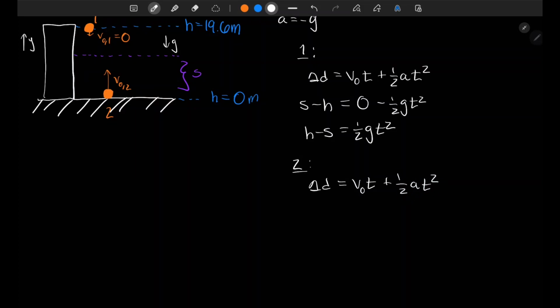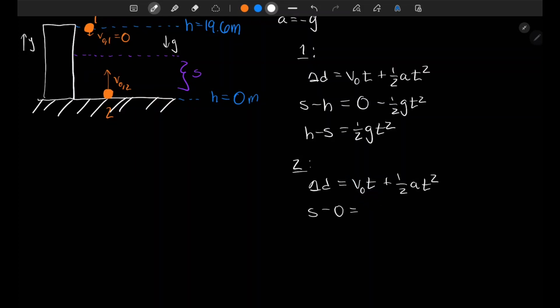Okay, then what's the final position? Well, if the ball's moving upward, then the final position is s, because we're considering the point where these balls pass each other. So it's going to be s, the final position, minus its initial position, which is h equal to 0. So s minus 0 is equal to